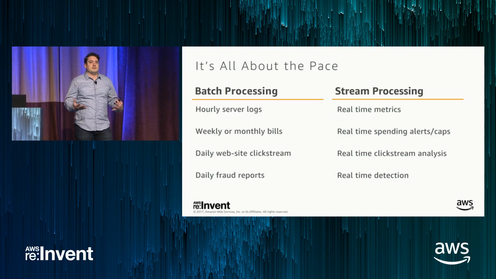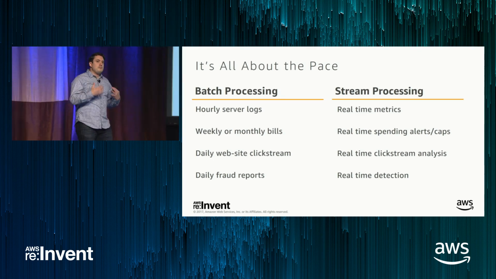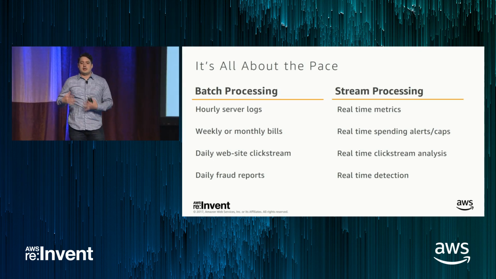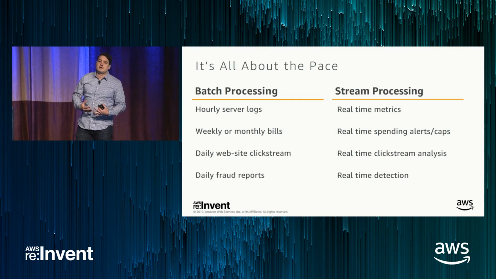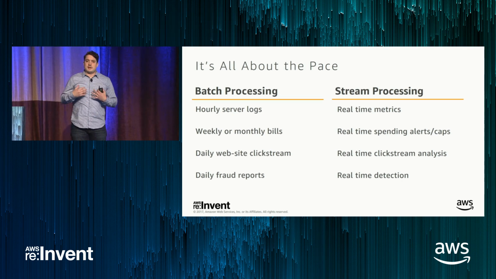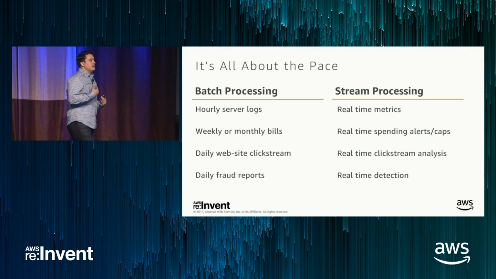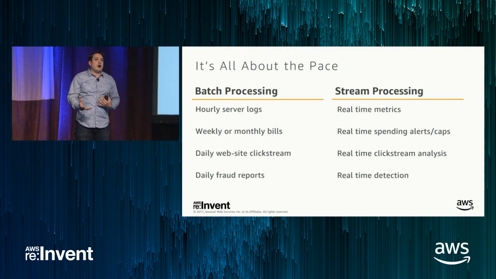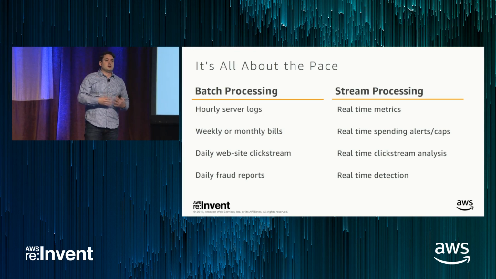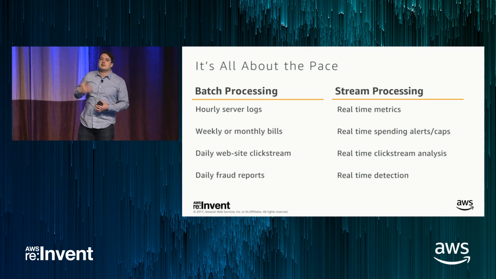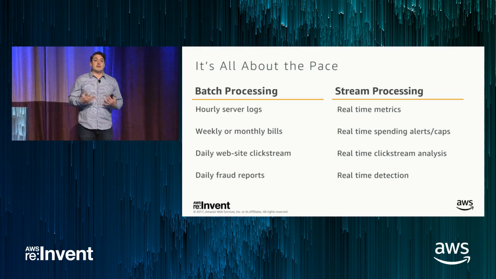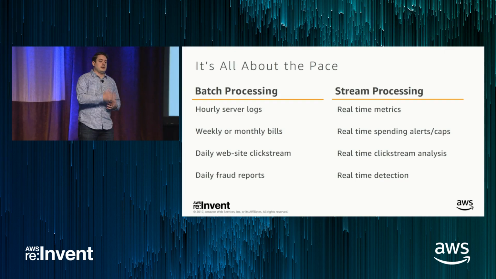So for those unfamiliar with streaming data, there's one primary difference between batch data processing and stream data processing. I like to think of it as stream data processing is continuous, and you usually do it in real time. Whereas with batch data processing, you might be collecting logs on your application server, and then you run a cron job once an hour to spin up and send those servers to durable storage like Amazon S3. With stream data processing, you're typically continuously writing data to a streaming service like Amazon Kinesis. So one of the primary differences is the continuous nature versus the periodic nature of batch.